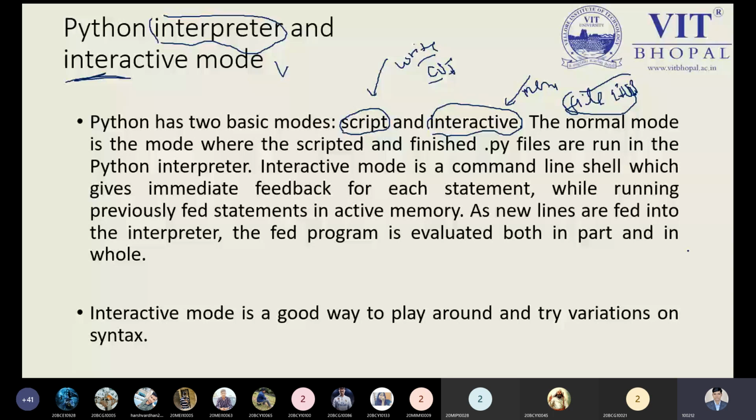Okay, and in the interactive mode, you will see things in a graphical manner. We have different kinds of tools for this. I always prefer to use the Anaconda Navigator, on which we have Spyder and the Jupyter Notebook. I did a lot of work there, and that is my better tool. But if you want to run your program in online mode and see the code dynamically, you can use Google Colab. Now I'm giving all the students a choice: on which tool do you want to work, IDLE, Jupyter Notebook, Spyder, or Google Colab?